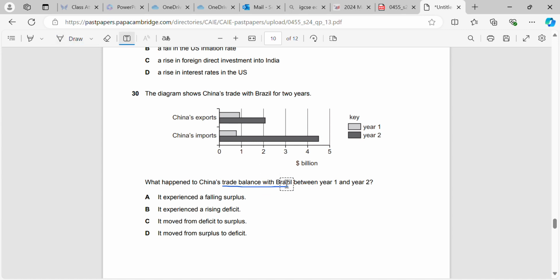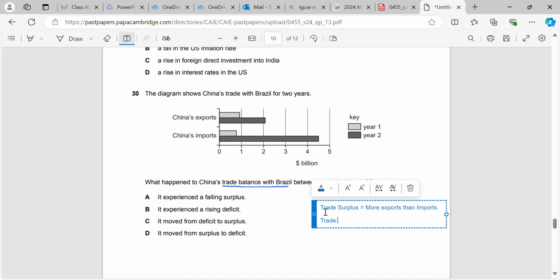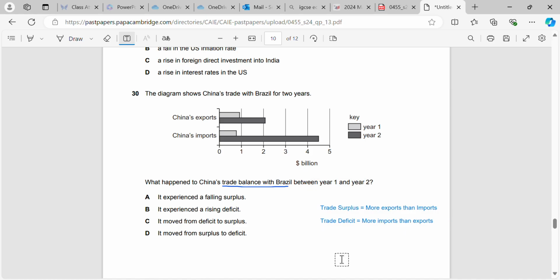Okay, so just remember, trade surplus equals more exports than imports, and a trade deficit equals more imports than exports. If you know that information, it should be fairly easy for us to determine which one is the